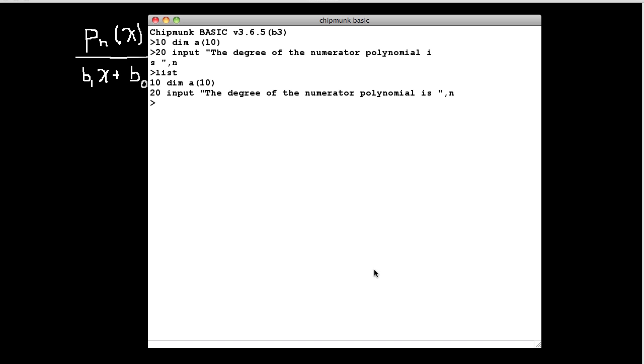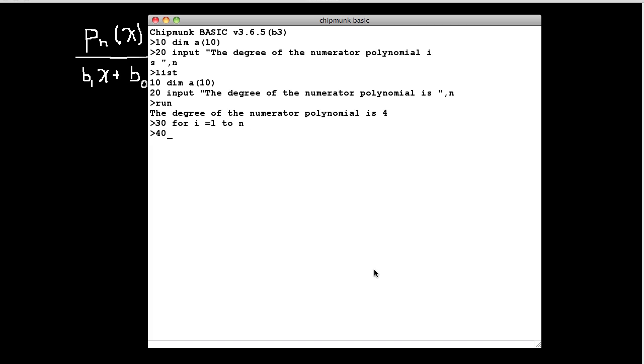And let's run it just to see if it's running right. The degree of the numerator polynomial is, and I'll say 4, and it takes it. Okay, that's all the program has to do. Now I'm going to actually input the values of those coefficients. So I'm going to do that with a for loop. So let me say 30 for I equals 1 to n,